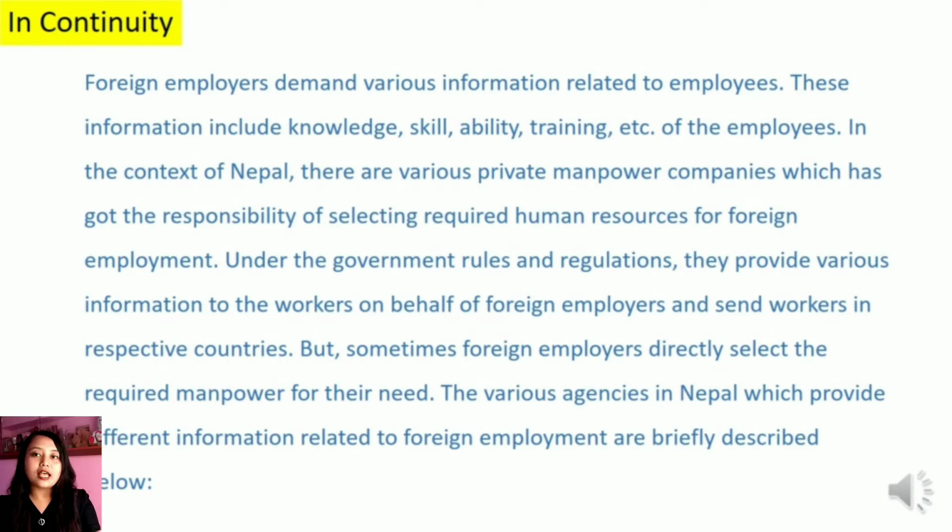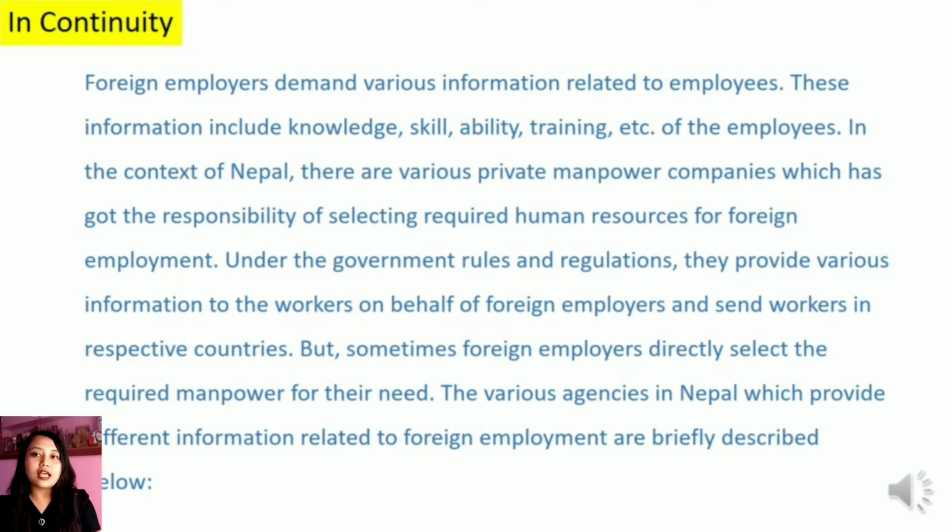So while searching on Google also, you can do one thing. There are so many websites. If you search for foreign employment opportunities in Dubai, or foreign employment opportunities in America, then so many things and so much information will come up, and it may be written as employment opportunities in America, apply for it. So in that context, you can also directly apply. Okay, foreign